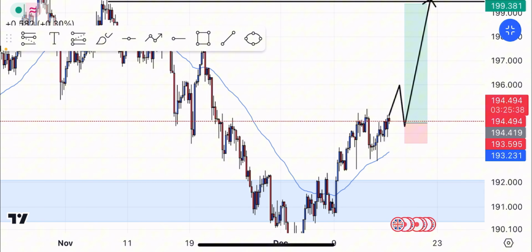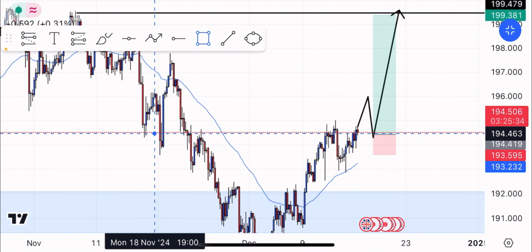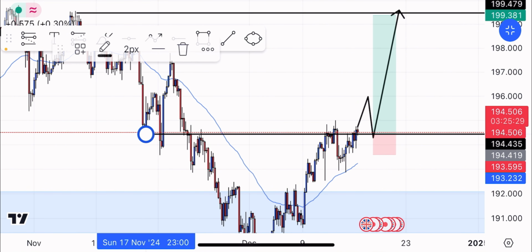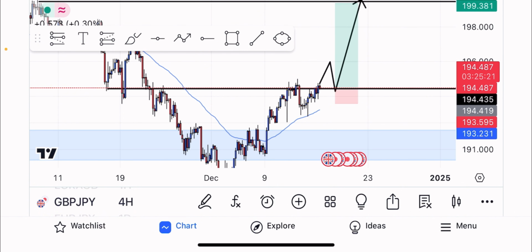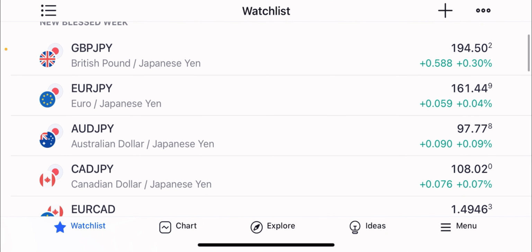So now what we are gonna be trying to get is our key level, where we are expecting price to move. And if we observe that area, we can see a key level where price has been rejecting off a lot of times. And that's a very good key level there. So what we are expecting now is a break of the structure to break off that key level to continue going up. So our second pair is Euro JPY,